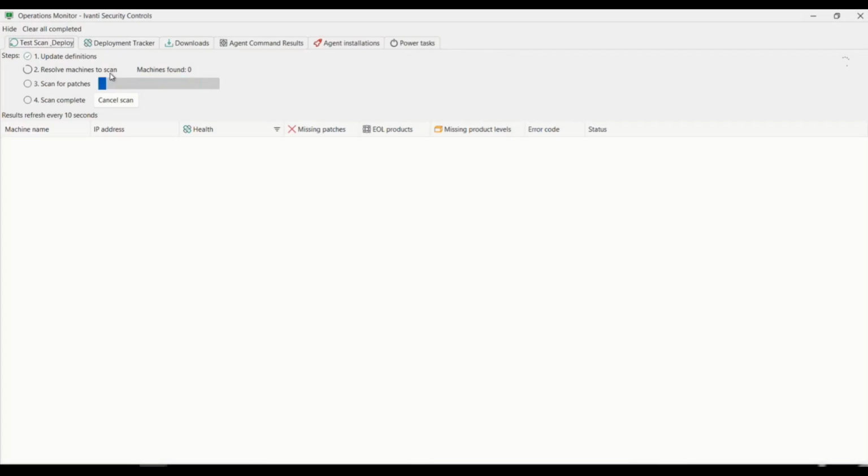And once the machines have been resolved, then it starts to scan for patches, and you'll see that it's found the one machine in that group. Now it's busy scanning for patches. And while the patches are being scanned for, it shouldn't take too long. And then, once we have assessed the device and once we know what vulnerabilities exist in the device, we can